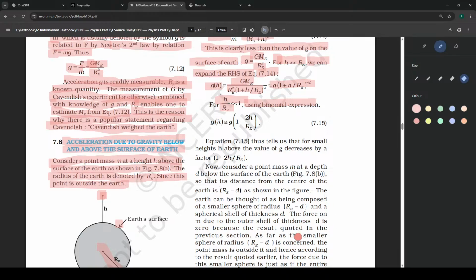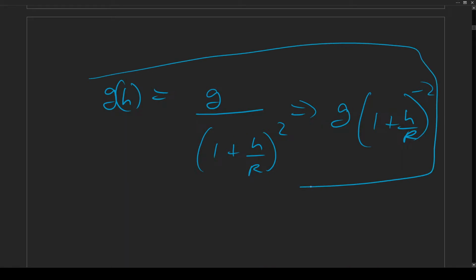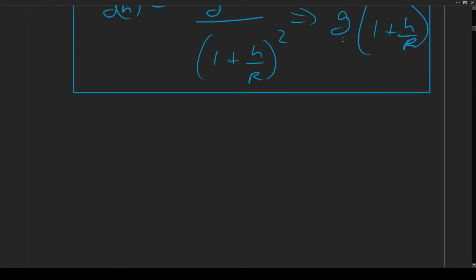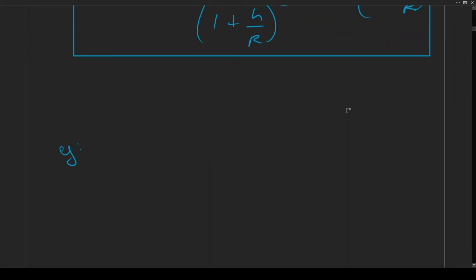Basically, there is a formula. The formula states that if there is an expression (a + b) whole power n,